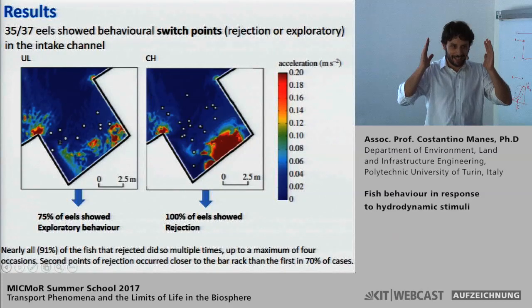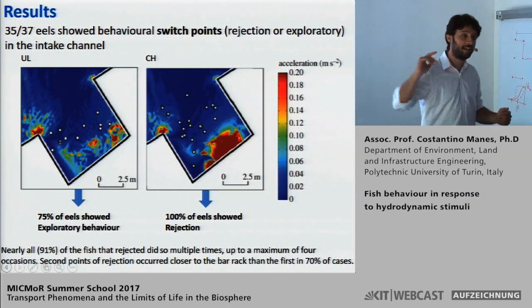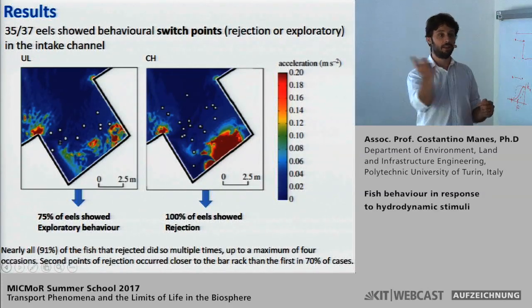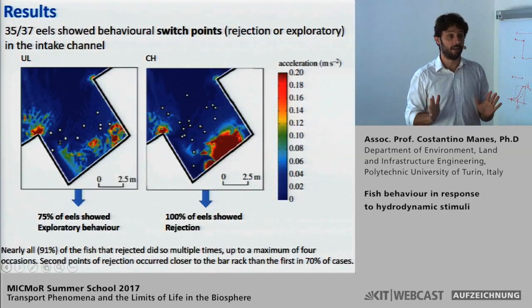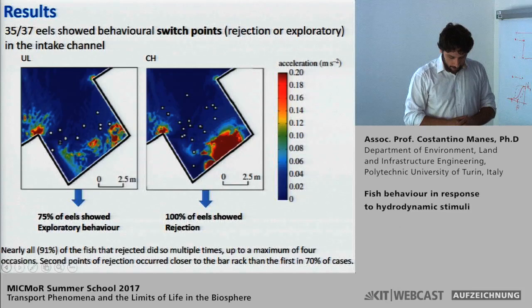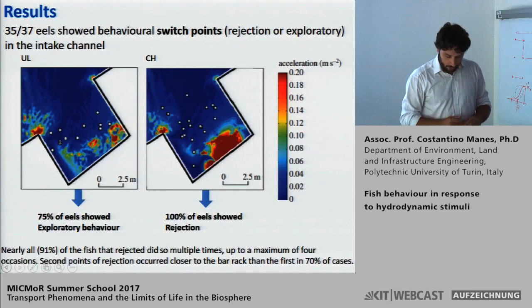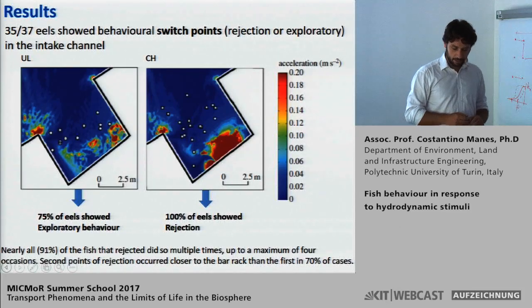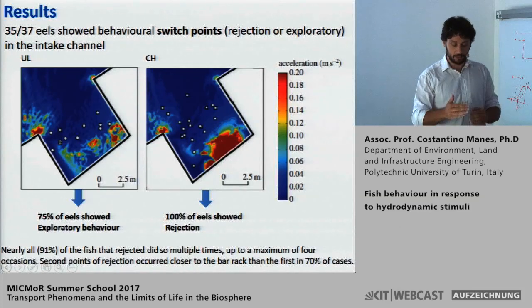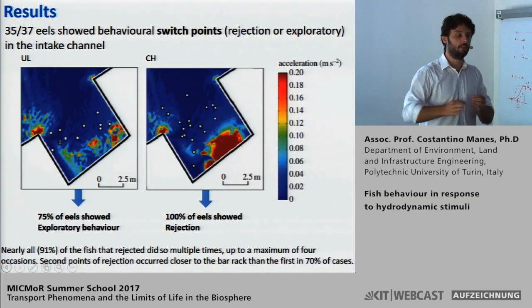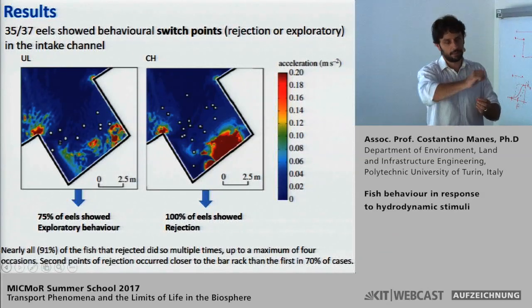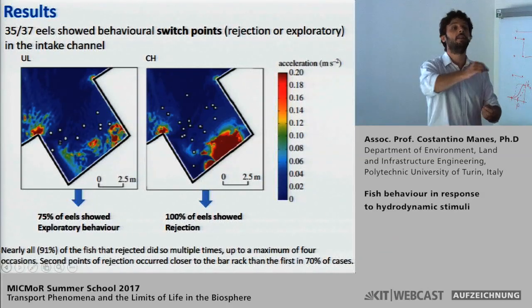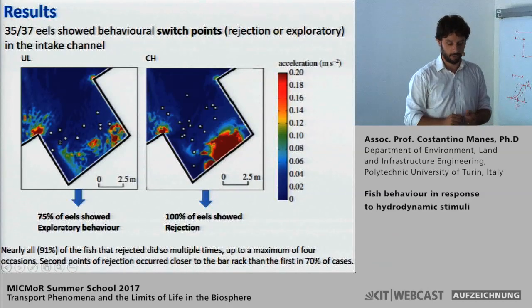So once they approached the barrack, they started swimming upstream, and they were clearly scared, okay. Every time there was a rejection, nearly 91% of all the fish that rejected did that multiple times. So they tried to pass, they got scared, they went back, they swam a little bit, then they went back there, they got scared again, then there was some habituation, and eventually they went through the rack. Okay, so